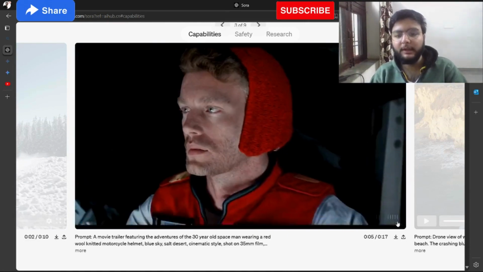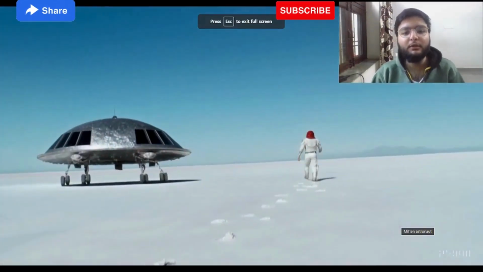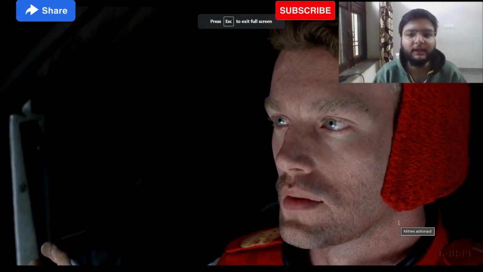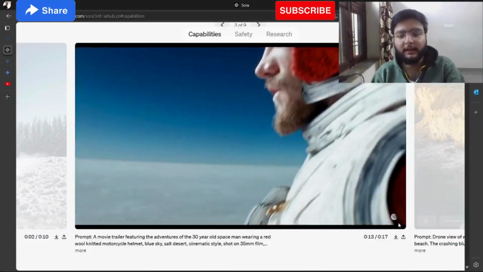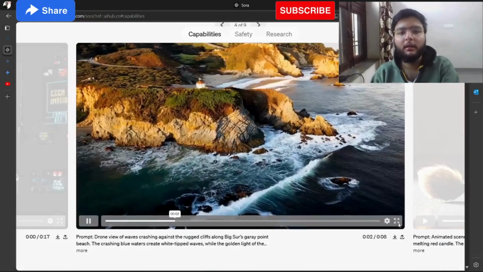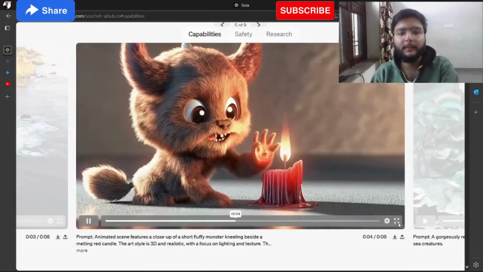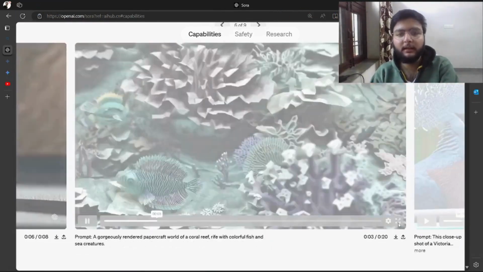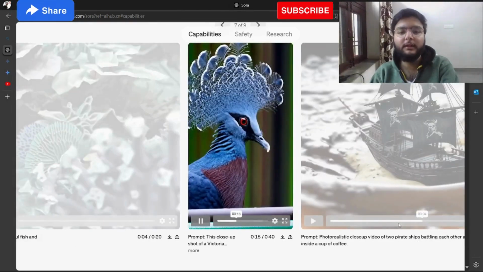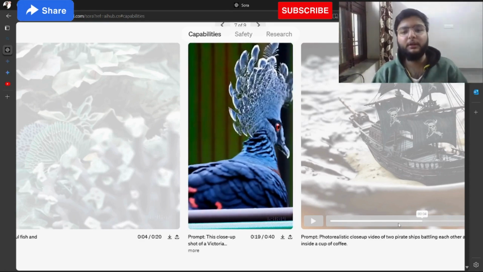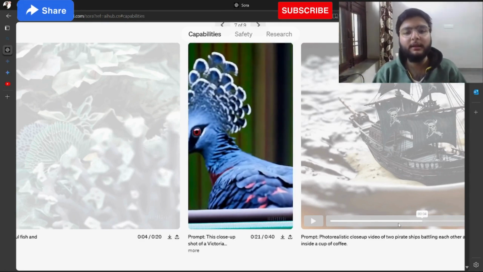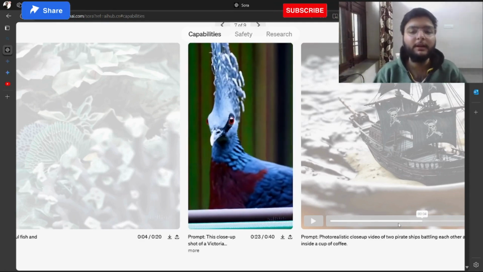Apart from this, AI is able to generate detailed video. I was really shocked to see this, because you can see the detailing of the video is quite good. See this mountain, see this cat touching the candle. There are tons of examples given in the video. Now I want the name of this particular video, but I am unable to remember the word as of now.